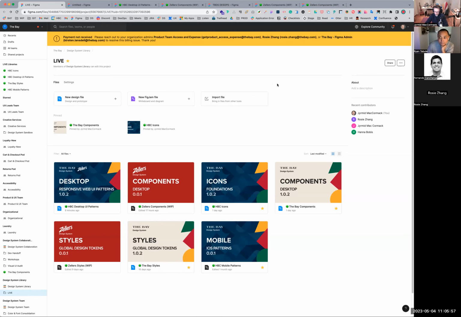As you all know, I'm Jermid, Design System Lead, and I'm going to start today with looking at the libraries, the structure of the design system. Questions like why you guys have view access only, and there's editing access for the design system team, using the assets panel, loading libraries, loading styles, and we'll have a look at the multi-tiered systems, combining Zellers and the Bay together in one system. Okay, so on my screen, you see here in front of you, this is the design system